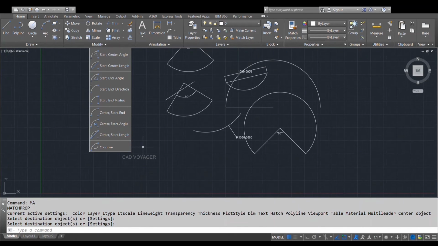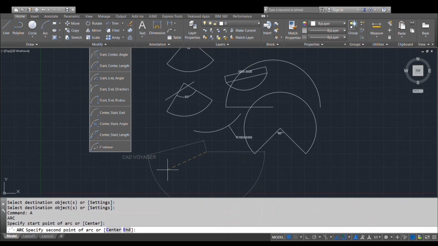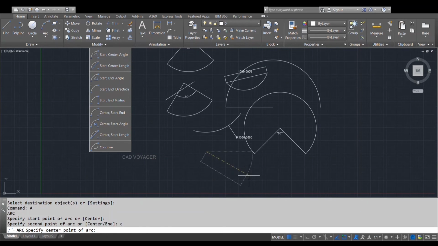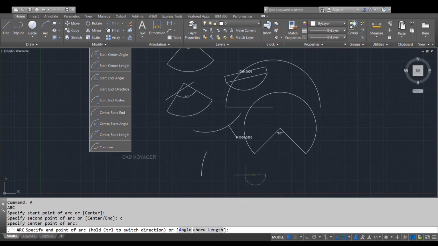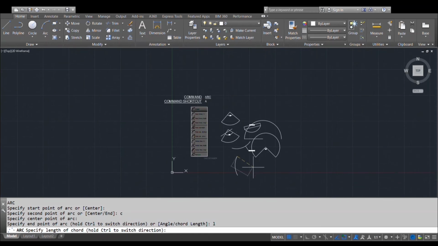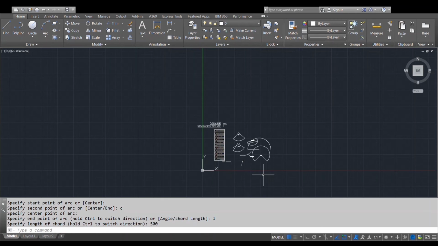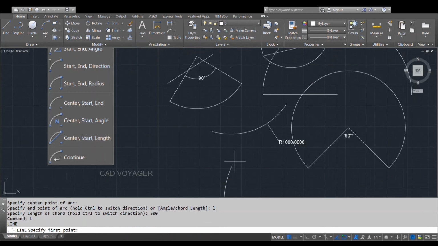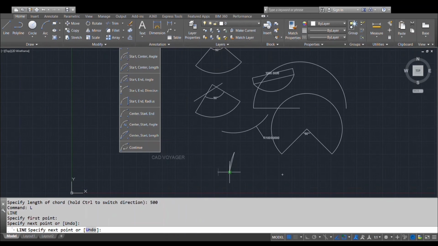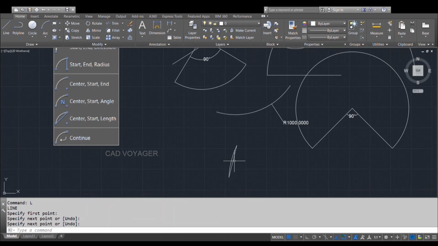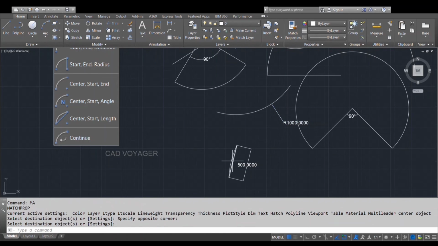Next we are going to see about the center, start, length arc command. Click A and enter, then click center, specify the center point, then again specify the start point. For length we have to give the chord length that should be less than the diameter 1000. So I am giving 500 here. An arc is drawn with the length of 500. To check, click the start and end point of the arc, draw a line connecting that, and now check the dimension. It will show how much it is. If it's correct, the dimension should be correct there. 500 is there.